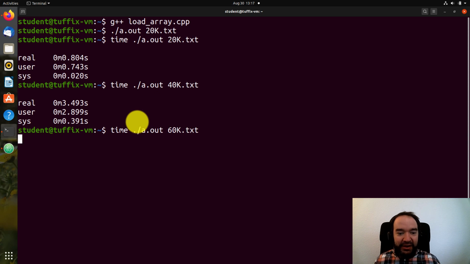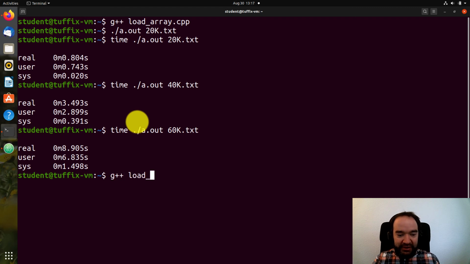I don't really want to wait that long when I execute some command in software. And I don't know, if I go up to 60,000 elements, this feels like a long time to wait for a piece of software to do something so simple as read some data out of a file. Now let's switch to the alternative versions. I've got the vector code ready to go.